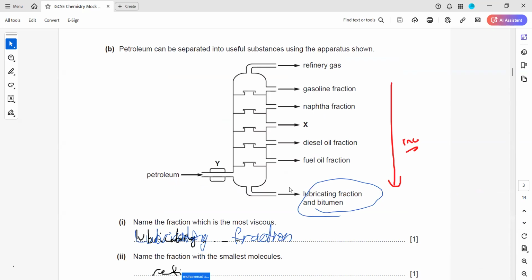Name the fraction with the smallest molecules. So smallest molecule, it should be refinery gas. Why refinery gas? Because